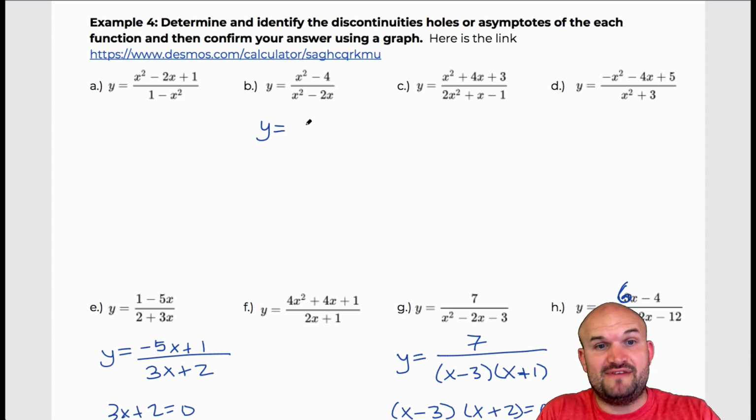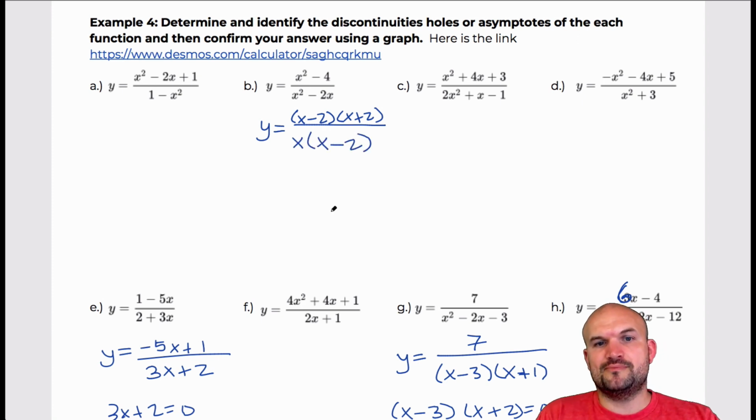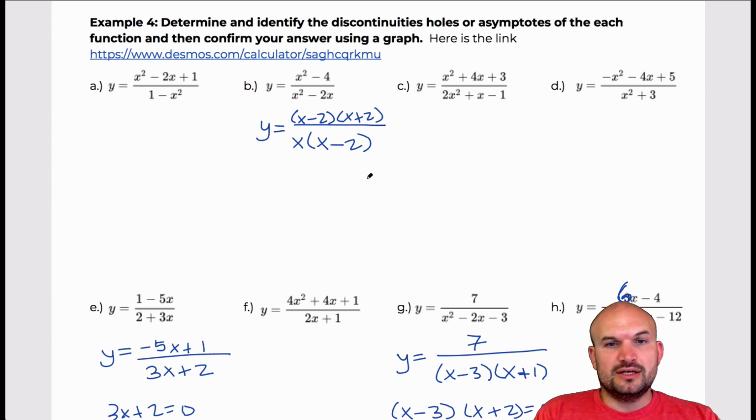So if I want to go ahead and factor this, you can factor the numerator using the difference of two squares, x minus 2 times x plus 2. And my denominator, I can just factor out a common factor of x. So therefore, I'm left with an x minus 2. Now again, when you're identifying the domain or the discontinuities, before you actually start doing anything else, once you have it factored,